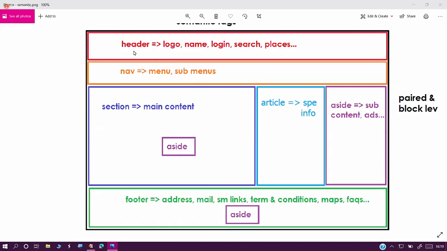So the header tag contains only header content. Generally, it comes at the top of the program. Footer tag, bottom of the program. It contains only footer information. NAV, the navigations, navigations and hyperlinks. Hyperlink purpose. Navigations from one page to